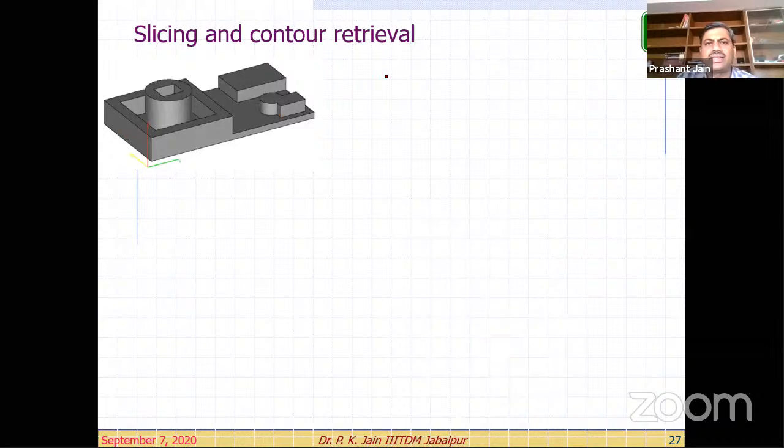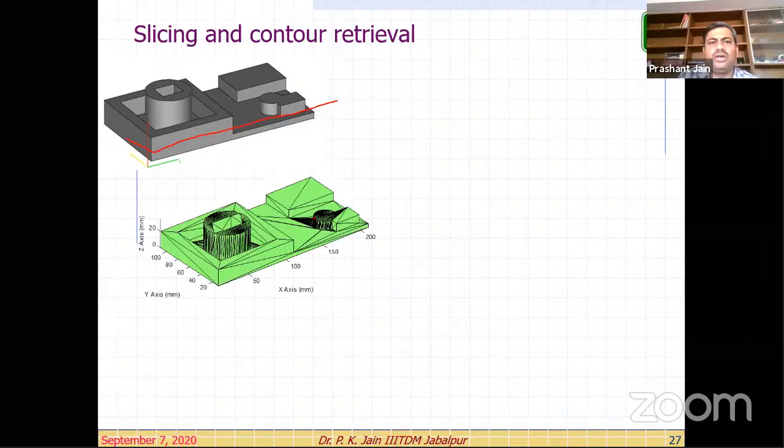And if we cross section it here, right? Once we import this model into MATLAB or any other program for the purpose of slicing, right? This is the part created in Pro-E. Now look at this here. If we take it into this slicing mode and then we cross section it, since we have already tessellated and converted this into the STL file, it has only triangles, right? So you will get this intersection like this.